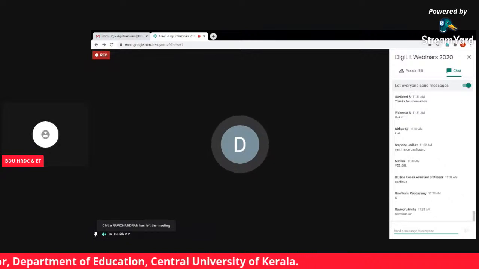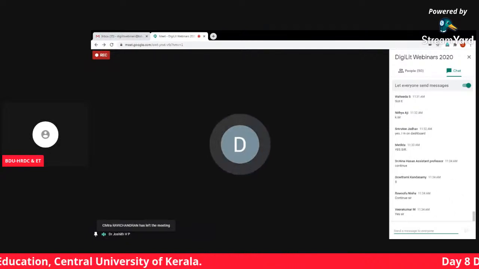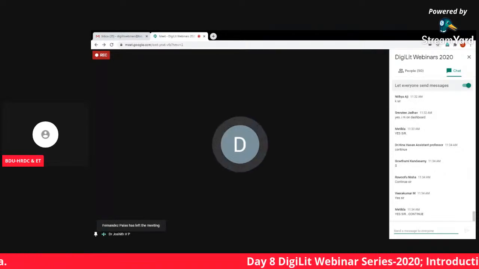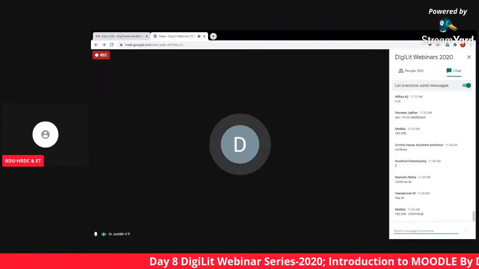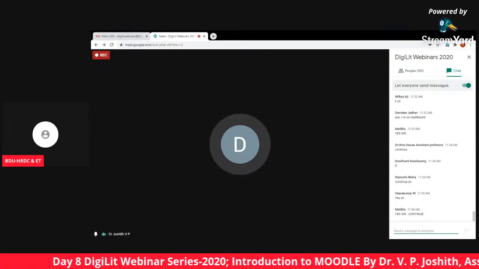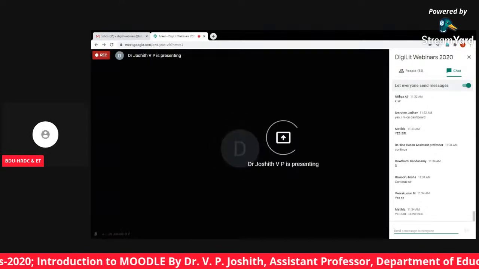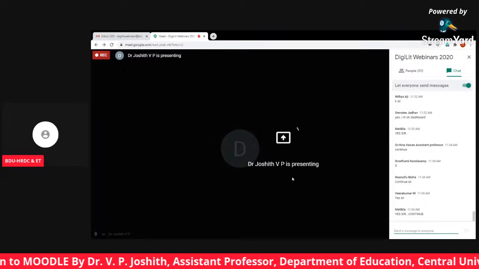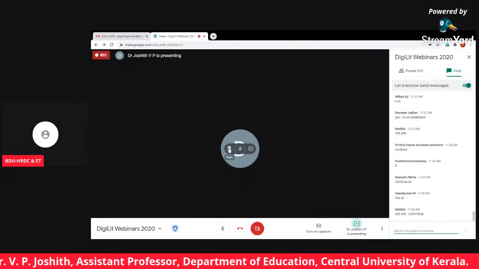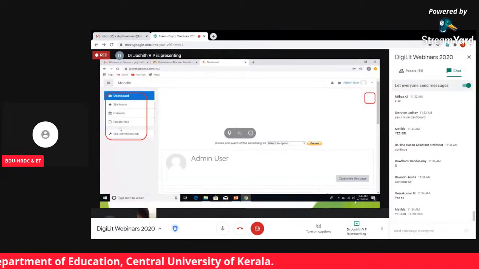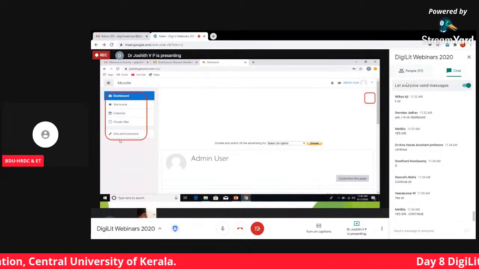Now, please go to your site, means in your dashboard. You will see the different icons. I will just show you the different icons. See what all icons are available: dashboard, search, site home, calendar, private file, site administration.